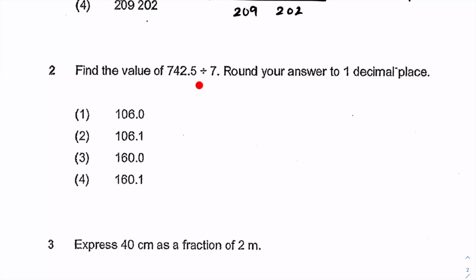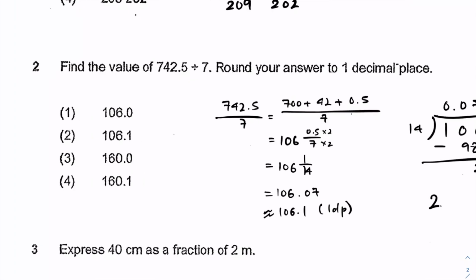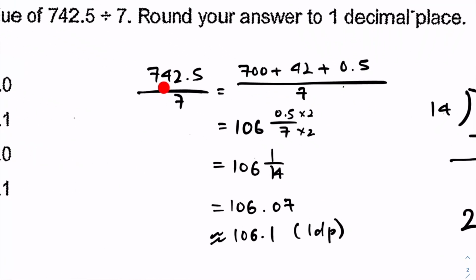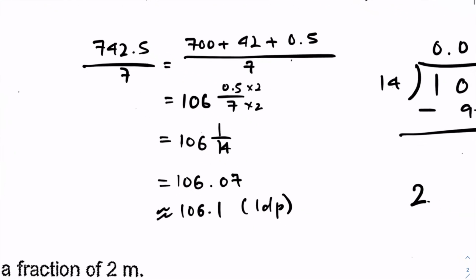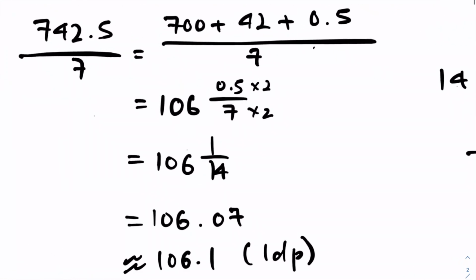For this, long division can be used if you want to, but let me show you what I do. So I break up the numbers into as large multiples as possible. So 700, yeah, divisible by 7, very nicely. 42, very nicely, with a remainder of 0.5, okay? So from here, I can determine that this is